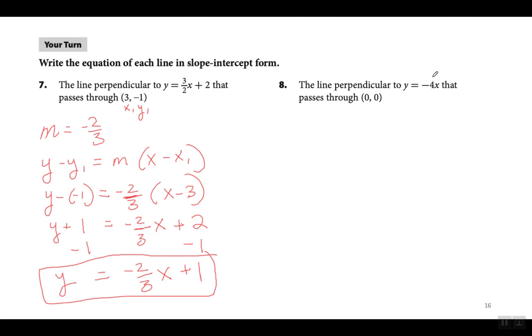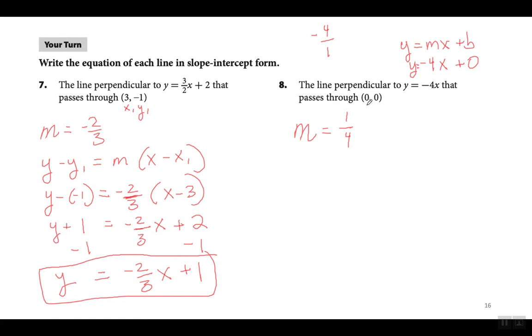Alright, so the line perpendicular to this line, right? That line is in slope-intercept form like we went over earlier with that other example. It's just that the slope is negative 4 and the y-intercept is 0, so they don't write it. But the slope, y equals negative 4 x. The slope is negative 4. Alright? So if the slope is negative 4, the slope of a line perpendicular to it has to be positive 1 over 4. Because negative 4 is this. So